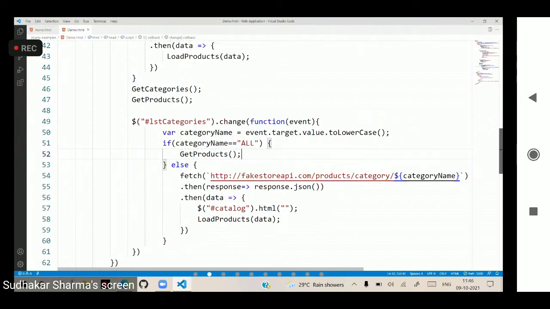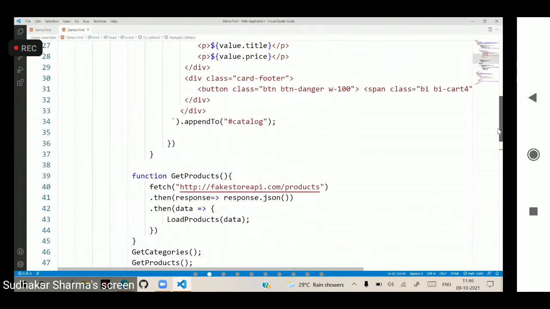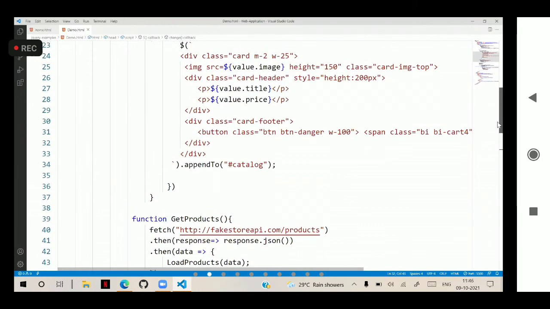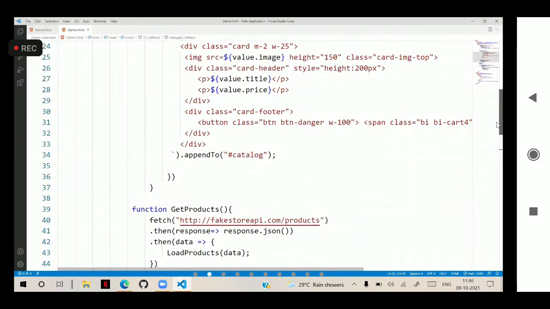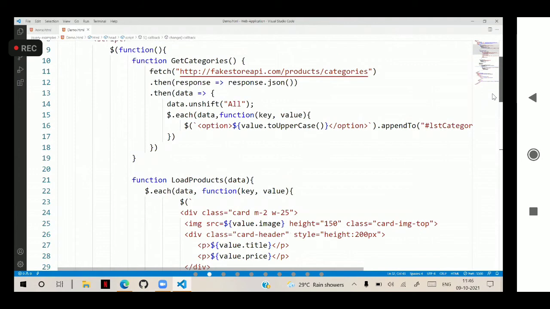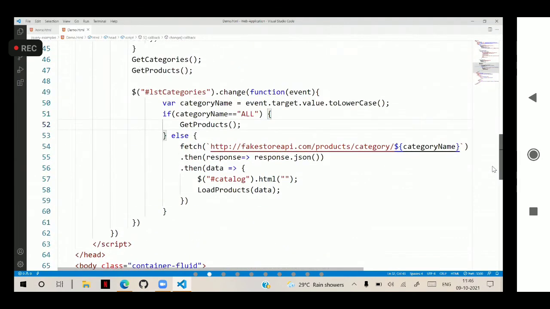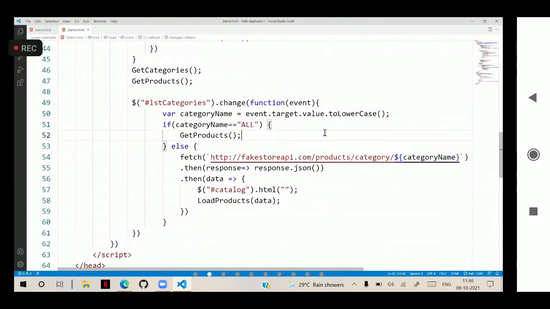Into that get products. All the data is loaded. The category name is being converted to lowercase, right?